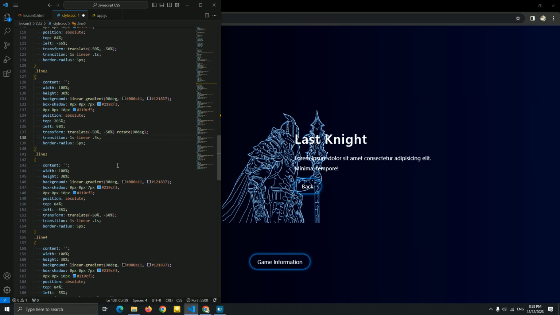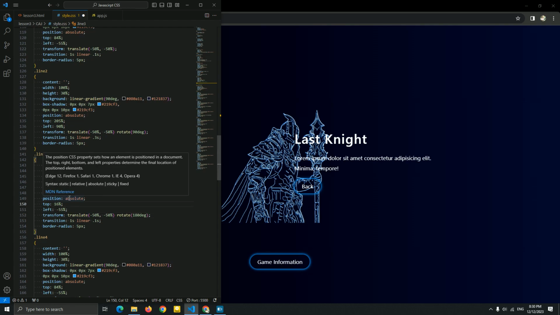Now for line 3, the rotate of this, let me set 180 degrees to just change the rotate of the line. Okay, the top is 16%. I'm sorry guys, the top is 16%, and the left, let me just set 50%.